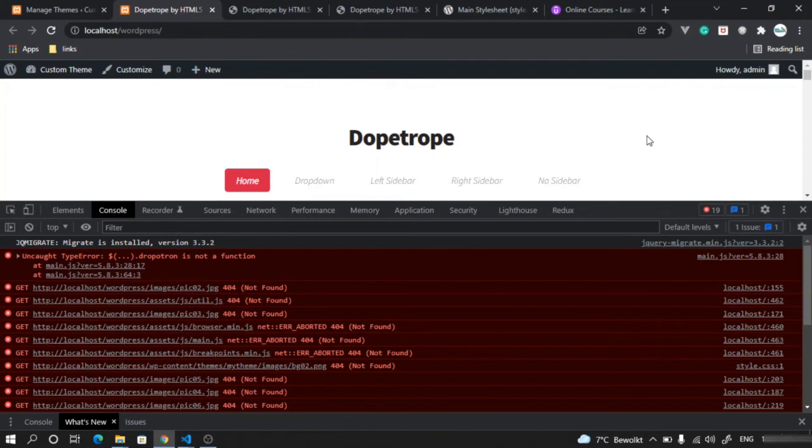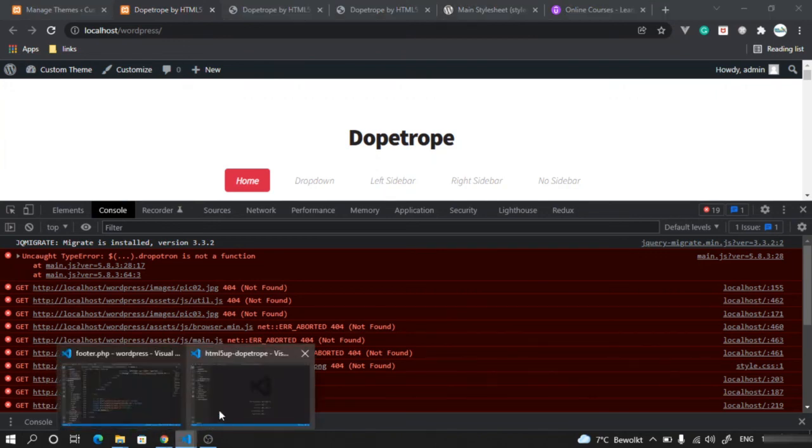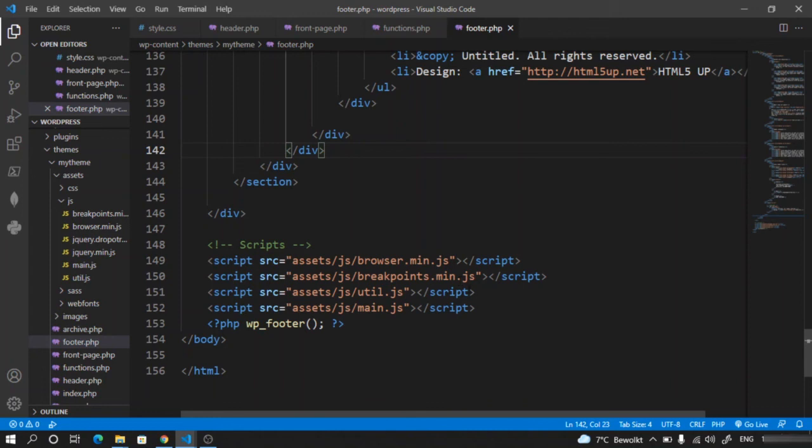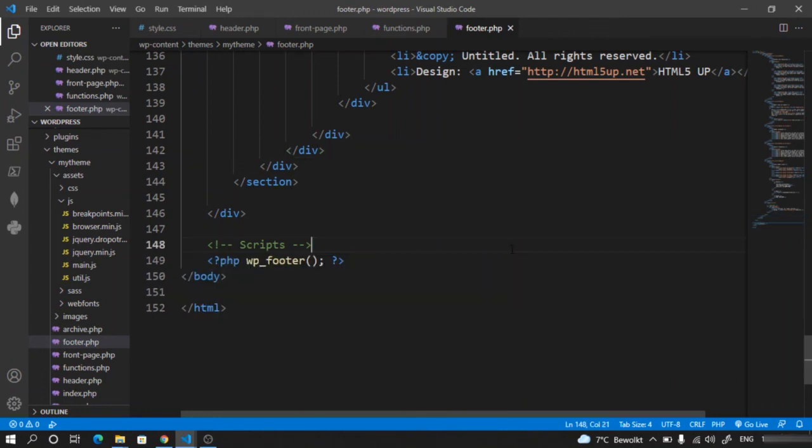Welcome back. Now what we are seeing is we still have the problem that we get this error and also our files are not available. So let's fix this. Ignore the image files because we have not fixed them. But we see the JavaScript files which we just enqueued are also breaking. So let's go and try to fix that. If we go to our footer file, we still have a reference to this. And of course, these files it won't get. So let's